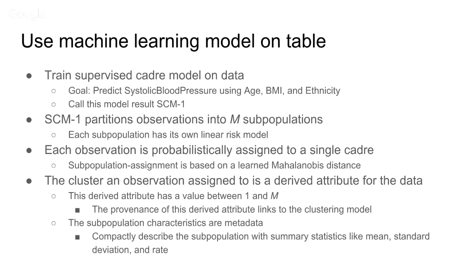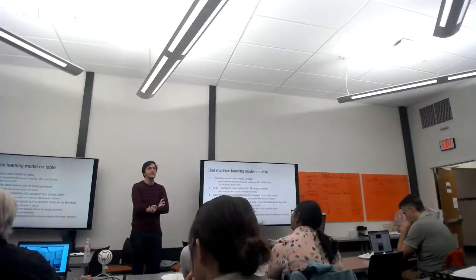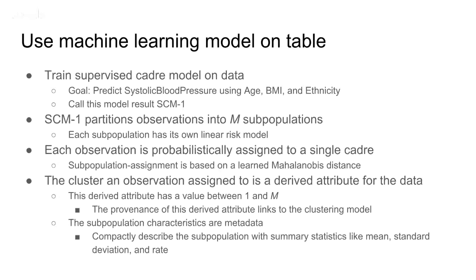So as you're doing it, when the training process is finished, your SCM partitions your observations into n populations, and like I said, each subpopulation has its own linear risk model. So we need to take that into account, and we want to store these conclusions for future use. And so the assignment of the subpopulations is done probabilistically. So you're essentially learning a specific polynomial, which is useful. So it lets you be a little bit more clear what a subpopulation might look like, which is nice.